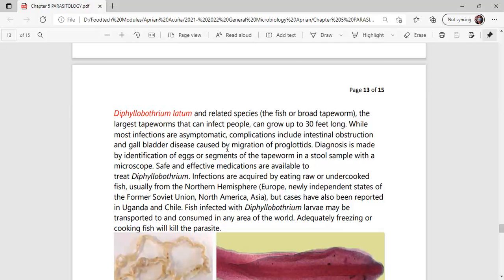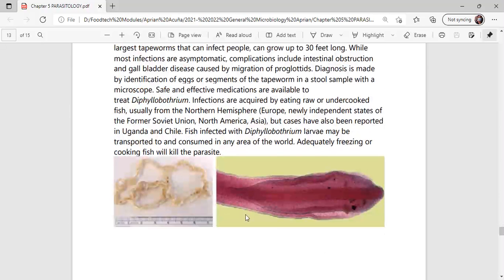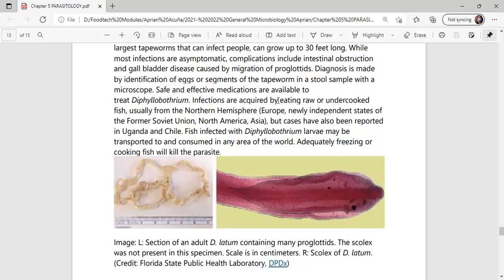While most infections are asymptomatic, complications include intestinal obstruction and gallbladder disease caused by migration of your proglottids. Diagnosis is made by identification of eggs and segments of the tapeworm, or its body parts, in the stool sample under the microscope, and safe and effective medications are available to treat